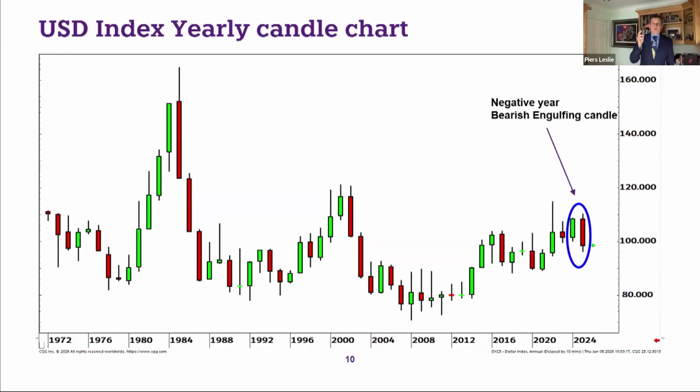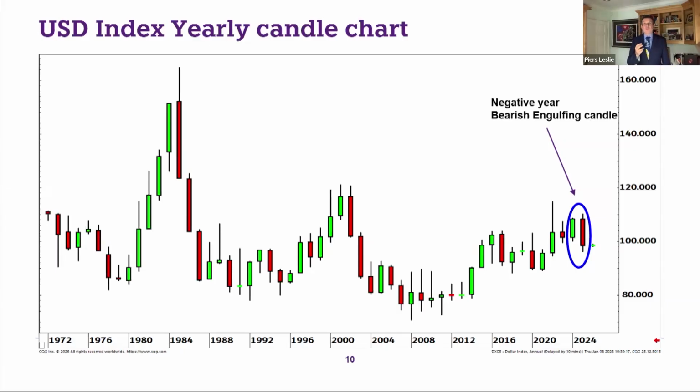And what we can see is last year, the red candle, the last one, is what's called a bearish engulfing candle. So price action made a higher high. The market started off confident, we're going to go higher. But by the end of the year, it had turned round and dollar weakness came and it fell, and it was a lower close than the year before. We also had a lower low. So that actually wiped out the previous 2 years.